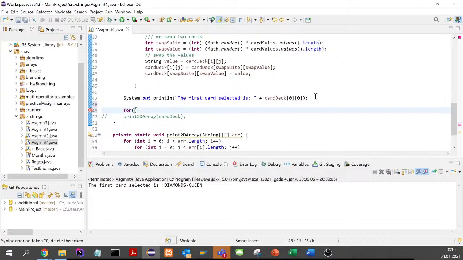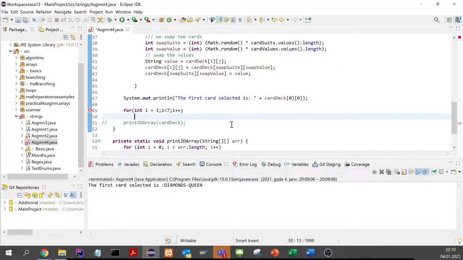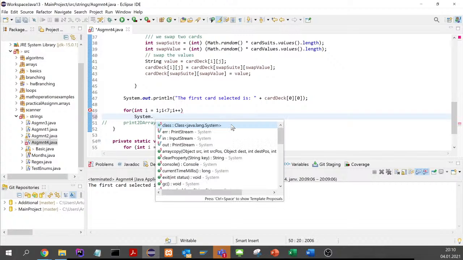So in this case, I will type this and start at 1. Then int i equals 1. And I will loop while i is less than 7, to calculate from 1 to 6, then we increment i again, and we print out